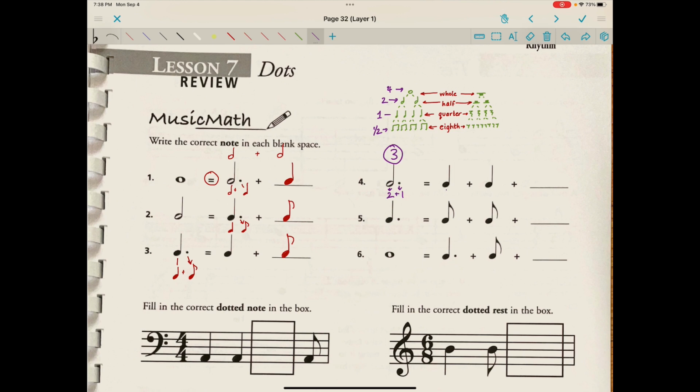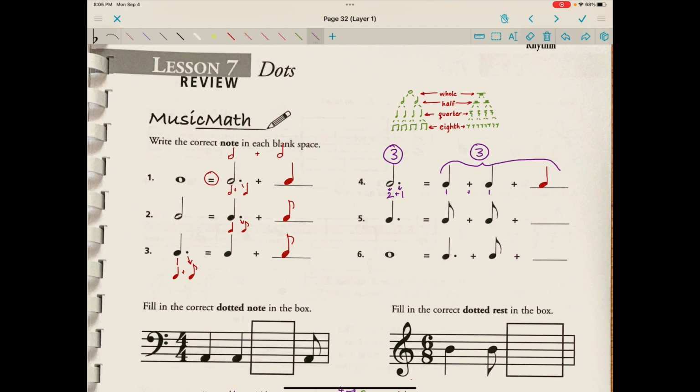And now I can just do math here. 1 plus 1 plus I need 1 more beat, right? And I can just know this must be a quarter note because both sides need to equal 3. So that's another way of going about this. Depends what strategy you find most helpful.